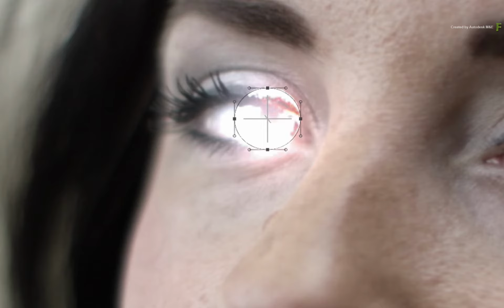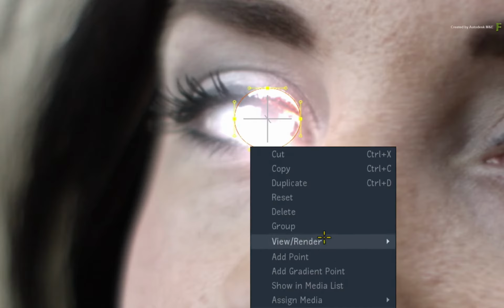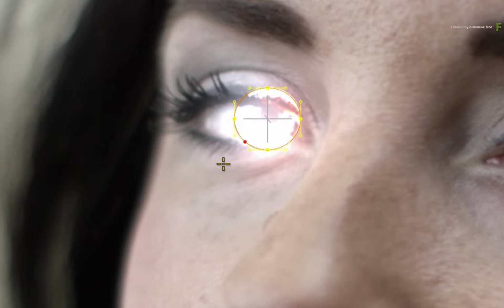But I still feel that the source of the blooming effect needs to be softened further. So with the mask selected, hover over the spline, right-click and add a gradient softness point. Drag out the gradient softness to soften the mask. Now you might want to take a small amount of time to reshape the mask to match the exposed iris.